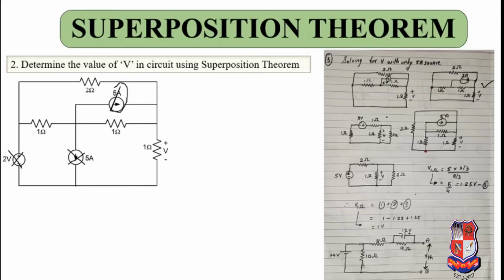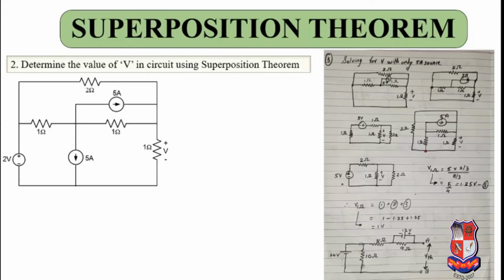So you can see here what is done. From here you can move to this, and from here you can see that this is a common point. So this common point is brought down. From here you can move to this circuit. This 2 ohm is also brought down, and later this 2 ohm can come over this side. We are able to solve this circuit easily. So it is just redrawing of the circuit to get very simple circuits.